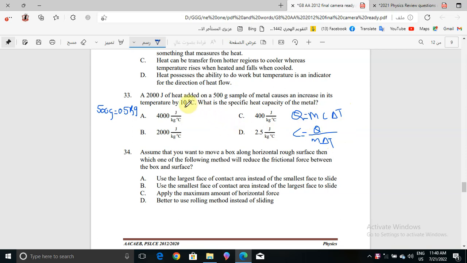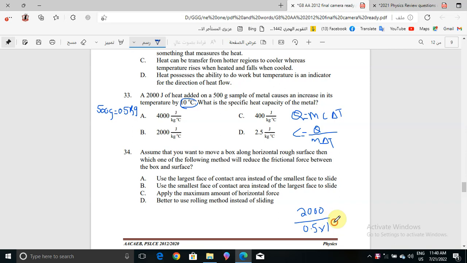The change of temperature was 10 degrees Celsius, we are going to use it, and 0.5 kilogram in place of mass, and in place of Q it will be 2000 joule. So when you put it together, here it will be 2000 joule over mass, which is 0.5